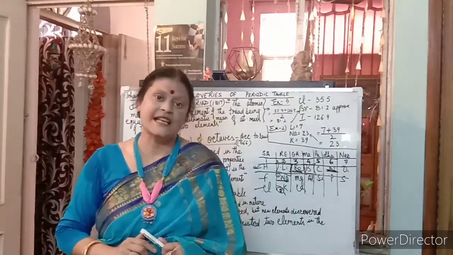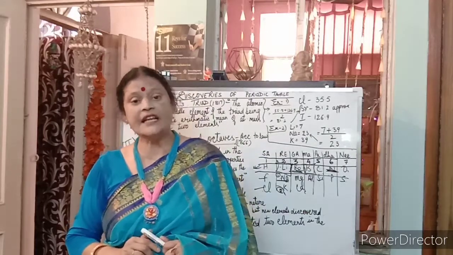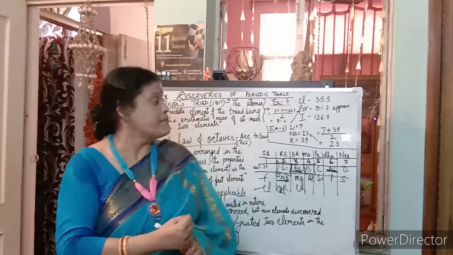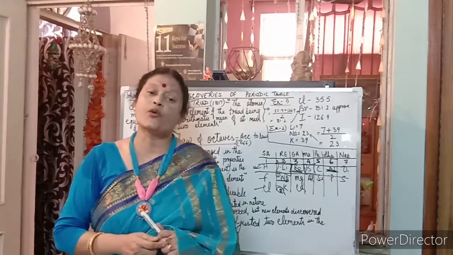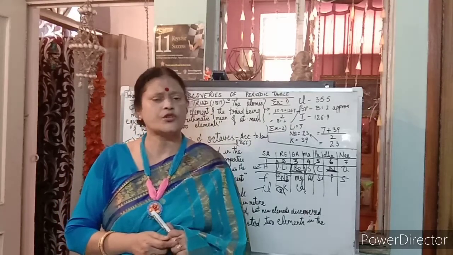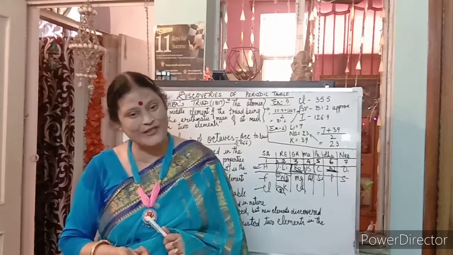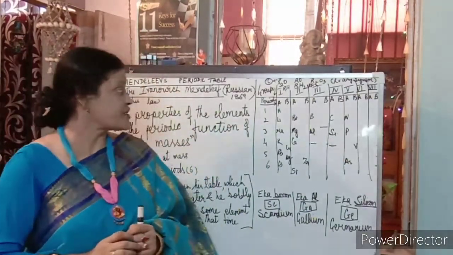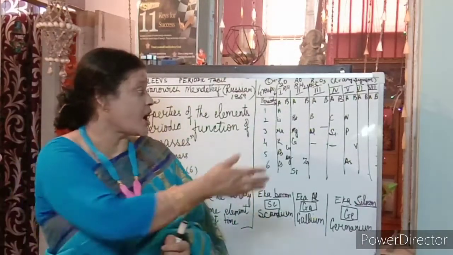Now the next is the Mendeleev periodic table. He was miraculous. Mendeleev laid the very good foundation of the periodic table, making the base of all this. He arranged his table according to atomic mass, and so many merits were formed. Yes, let's start with Mendeleev. Now, Dmitri Ivanovich Mendeleev, a Russian scientist, in 1869 put forward a very important chart on how to arrange